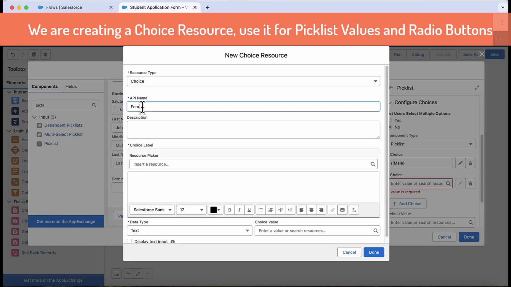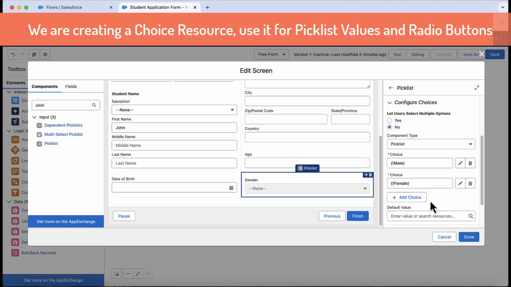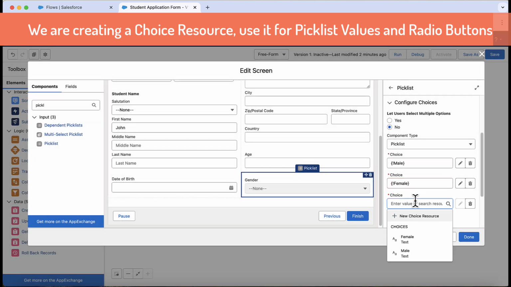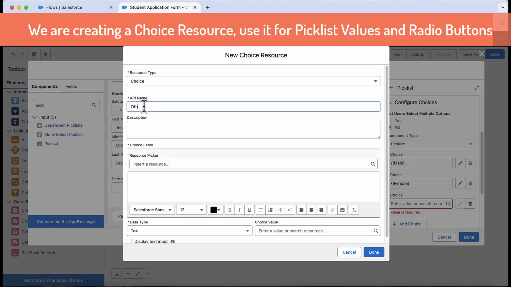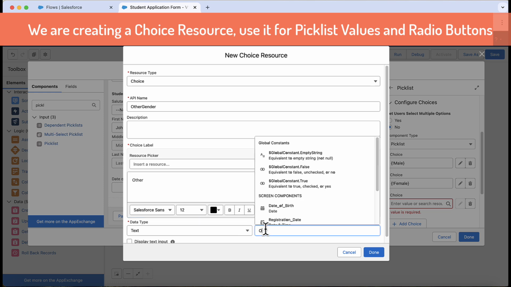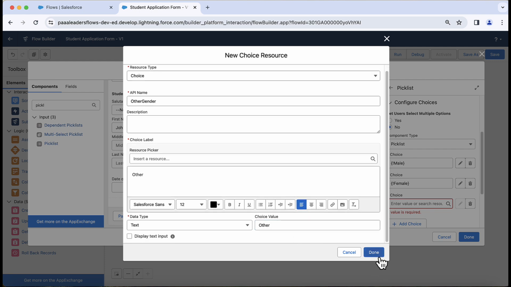So that's it, done. Then I have another choice to add over right here. I give it as female and then the value. Okay, and then there is another choice which is other gender. The same goes in the label, it goes other, and in the choice value also it goes other. Save,